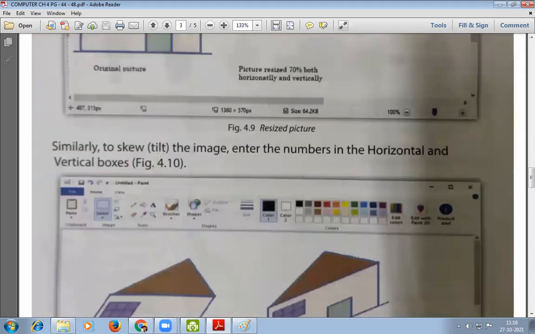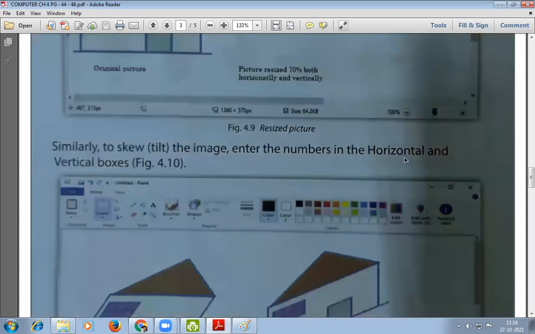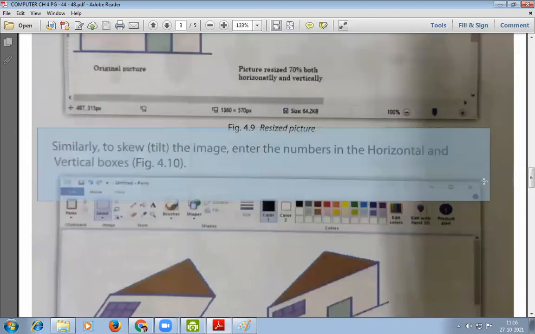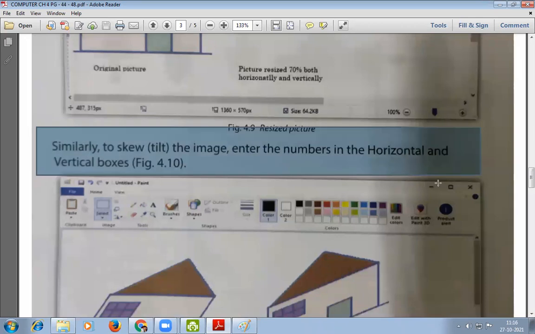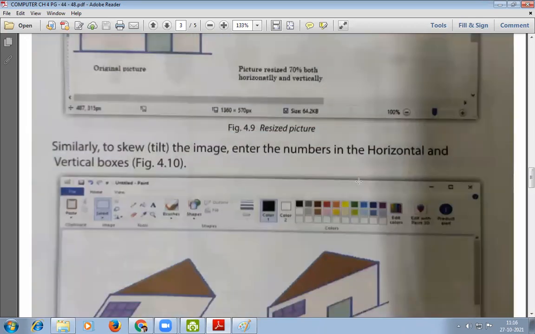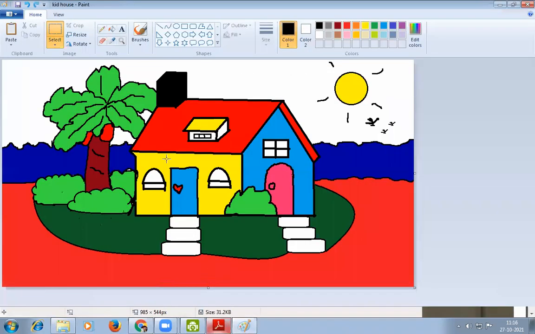Similarly, to skew or tilt the image, enter the numbers in the horizontal and vertical boxes. Now we are going to skew the image or tilt the image. Skew means tilting. Let us select this portion of the image.